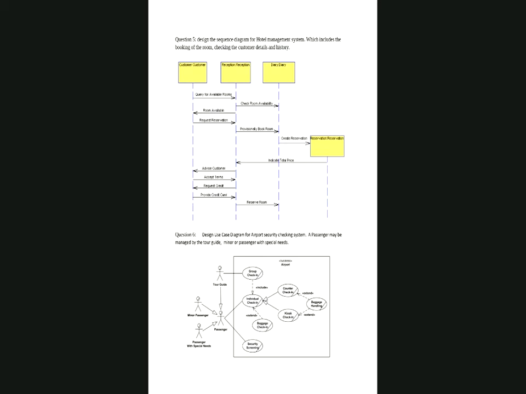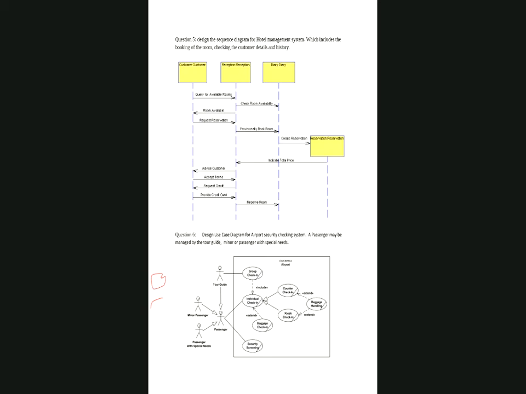Now you see there are some more diagrams. This is called a note. If you have a symbol like this, this symbol is called a note, and you will have something called comments. Comments can be written with different notations.